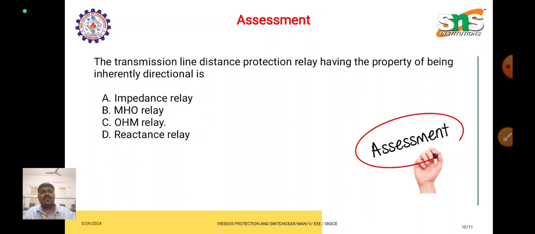And this is an assessment. A transmission line distance protection relay having the property of being inherently directional is one of: impedance relay, mho relay, ohm relay, reactance relay. So put your answer in the